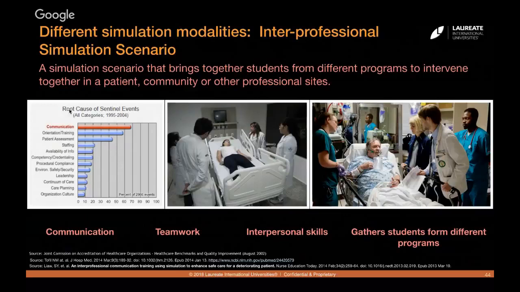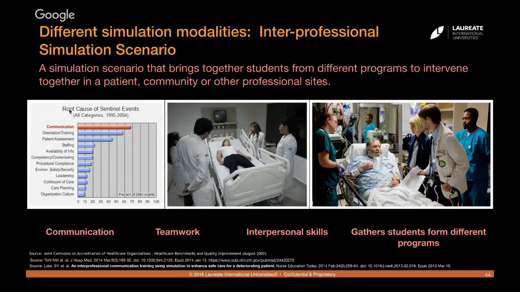It shows some information about the root cause of sentinel events in hospital. So, according to this study, the main cause of sentinel events in hospitals is communication. So we have some interesting publications that show that interprofessional education and interprofessional simulation improves communication between nursing and medical students, and actually it's going to improve communication, relationship,